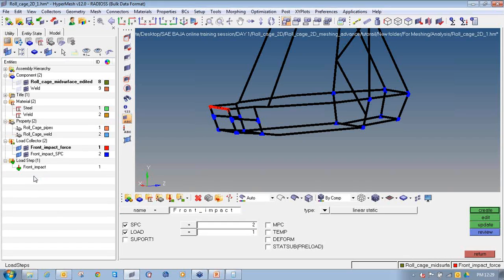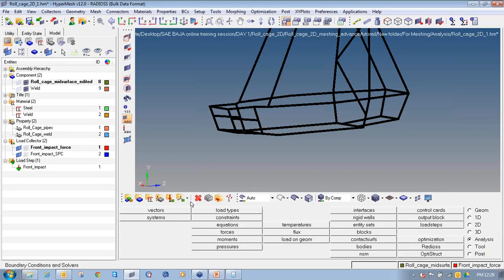So either I can solve this file individually for all the different load cases, or I can apply the forces and constraint on this same model and define different load steps and run the file once to find the results of all the types of analysis. So I will show you how to do that. Now again I will click return and